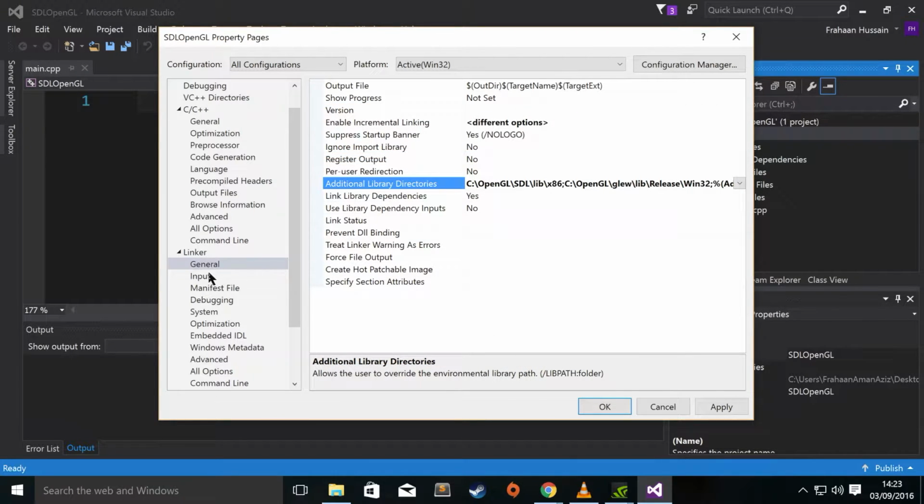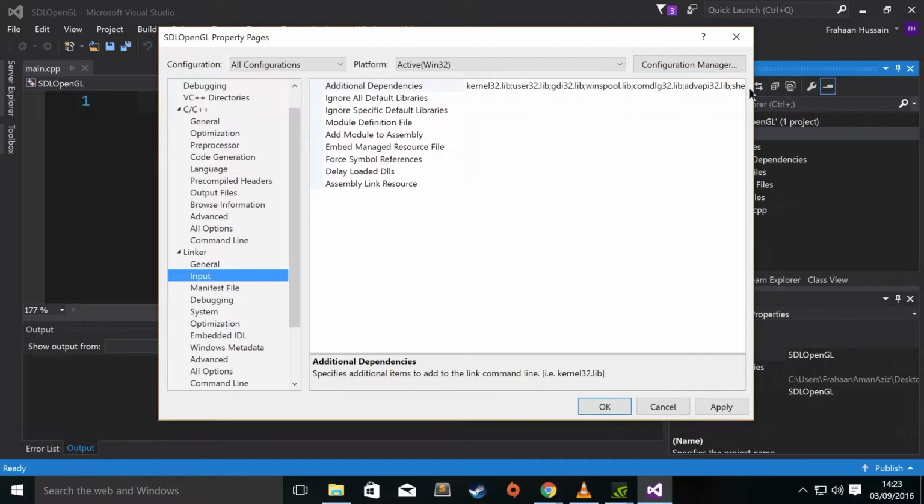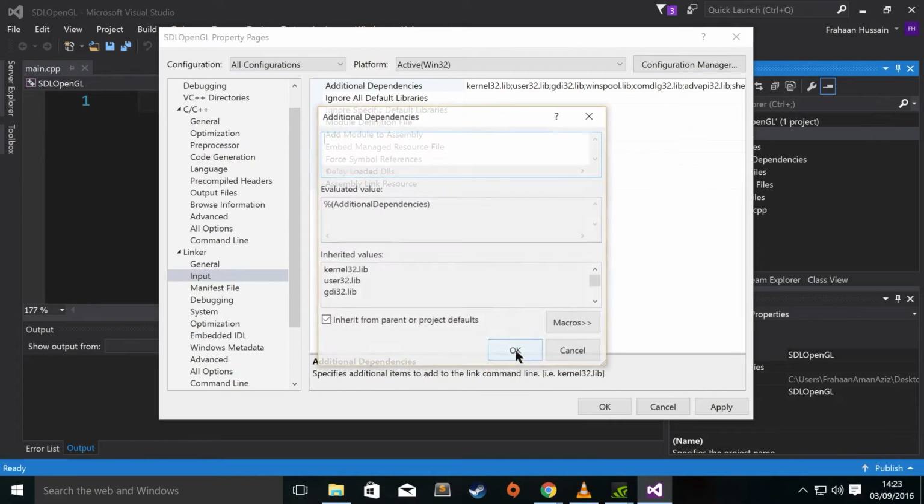Now finally go to Linker, Input, go to Additional Dependencies, Edit. You want to type in OpenGL32.lib. And for the OpenGL32.lib, this is already included on Windows, so this isn't anything that we've downloaded. And you want to click enter, type in GLEW32.lib, then type in SDL2.lib, type in SDL2